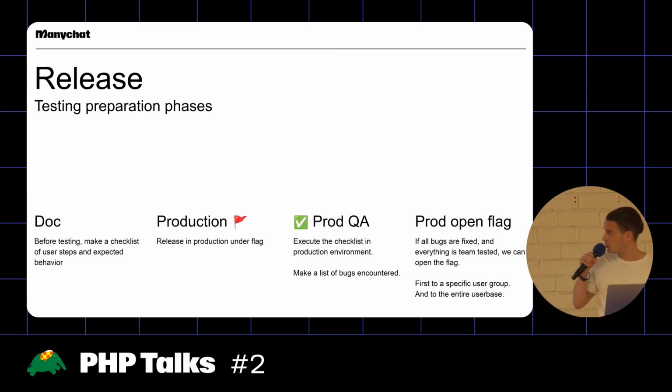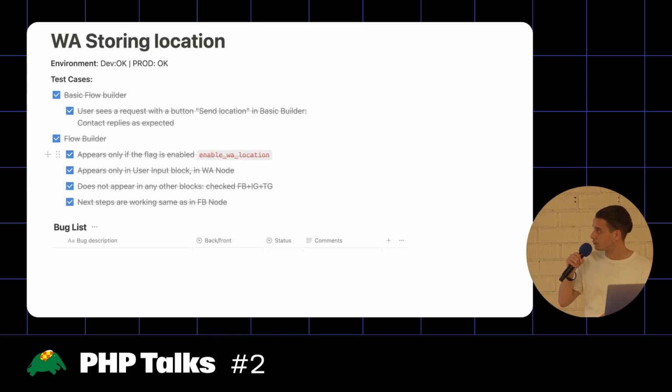So this is once again just a summarization of the different phases. If we go into release, into production, we have the checklist, we have the team test that's prepared before we go to production. We put the feature into production under this feature flag. We check all the requirements in this document together with the team. Then we make a list of all the bugs that we find. We do the bug fixing for the critical bugs. And after the bug fixing, we can open it to our user base.